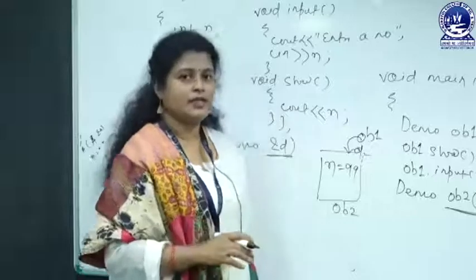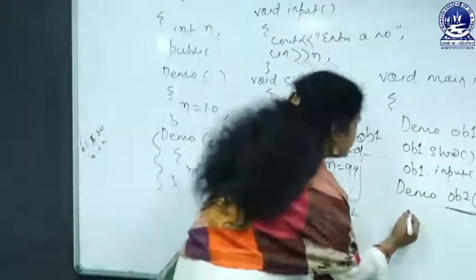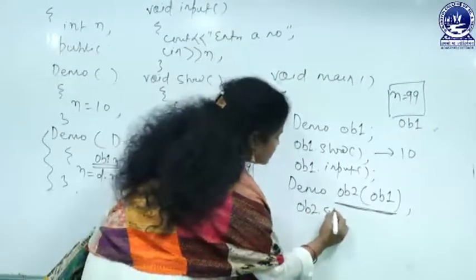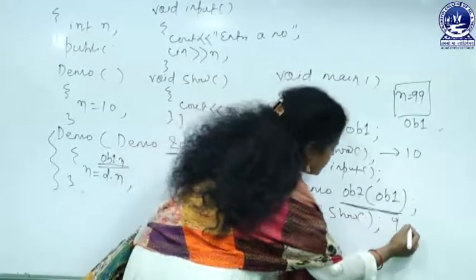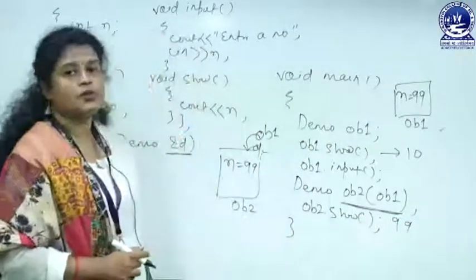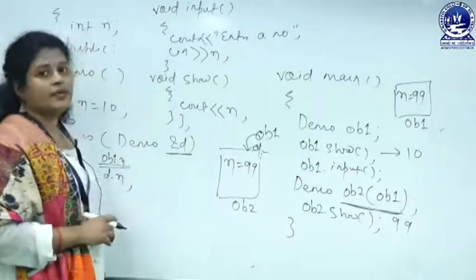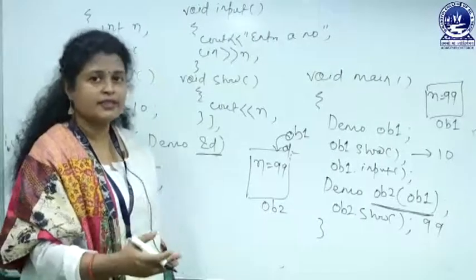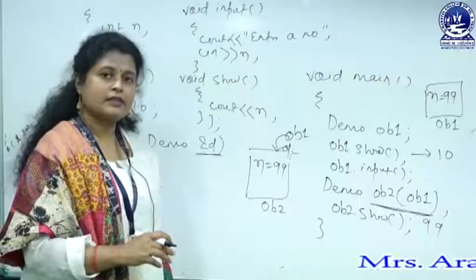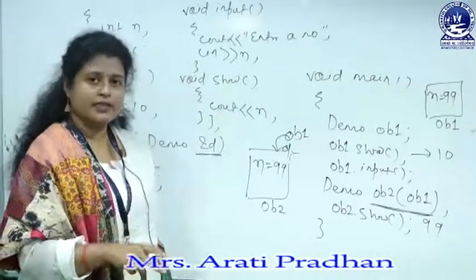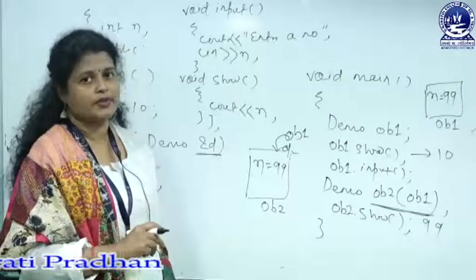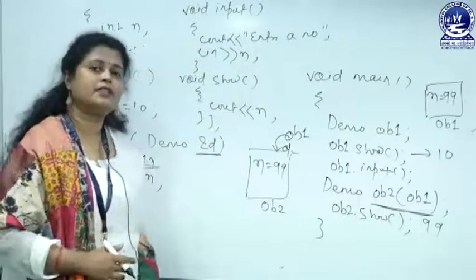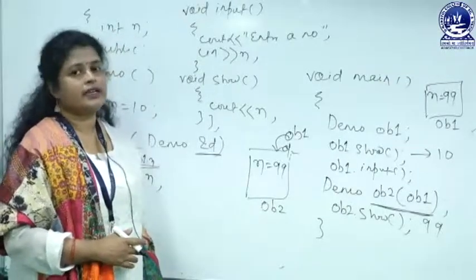It is very similar to a parameterized constructor. And how will we know that ob2's n is now 99? We will use ob2.show, so we will get 99 here. The output will be 99. In this way the copy constructor is working. In a copy constructor, we are passing the object as a reference. It is similar to a parameterized constructor, but here we are using the call by reference concept and passing the object as an argument. I hope you have got the basic idea about the copy constructor, but if you have any doubt, please discuss with me so that I can clear your doubt.